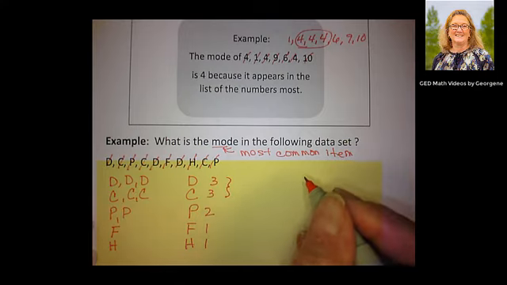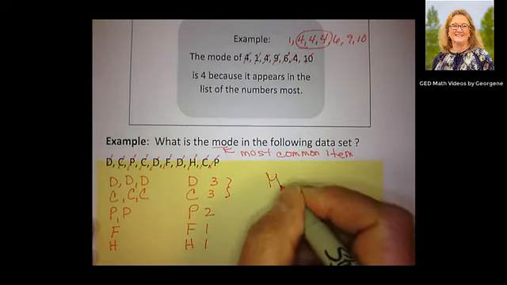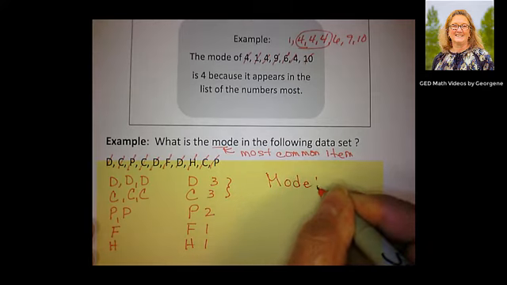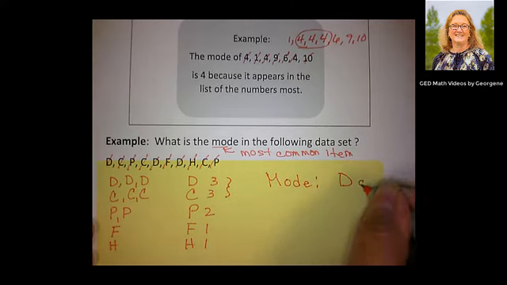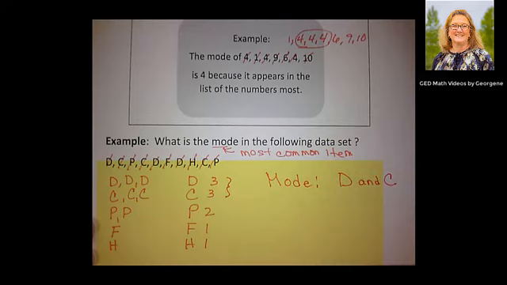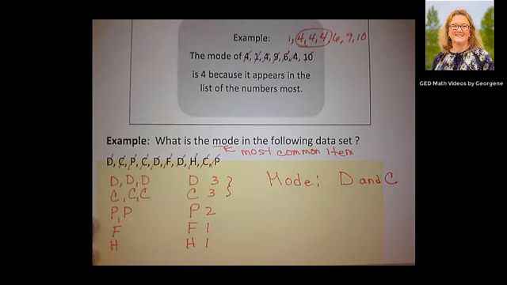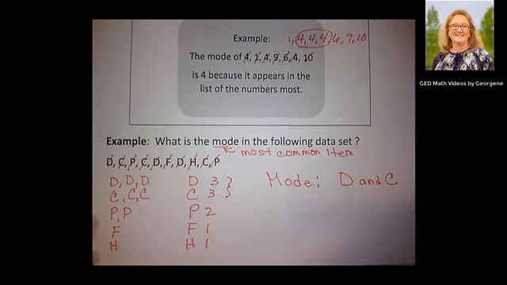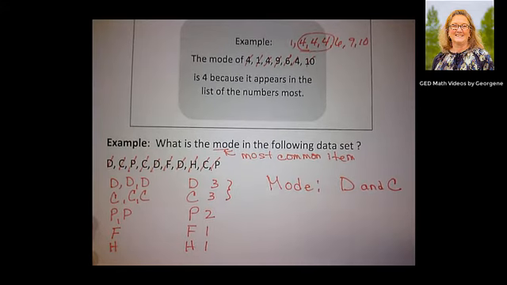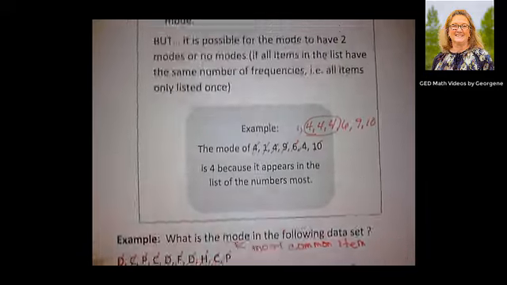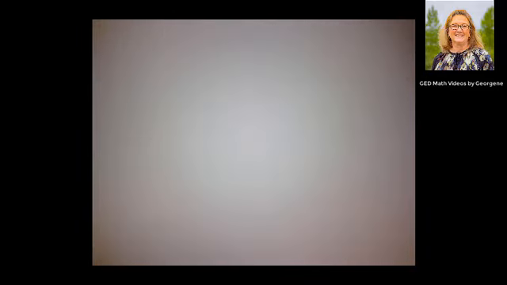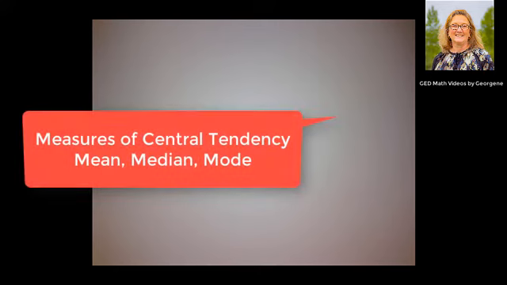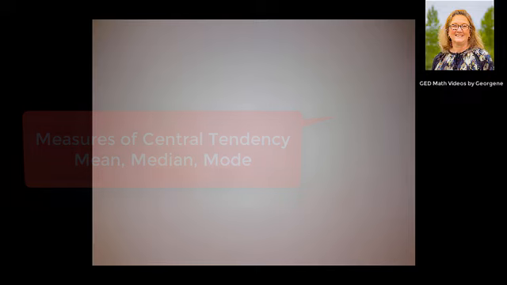So the mode for this example will be D and C. Okay, so that is mode. We've done mean, median, and mode, and we remember that those are all part of the measures of central tendency. So next, we're going to take a look at the measure of spread, which is